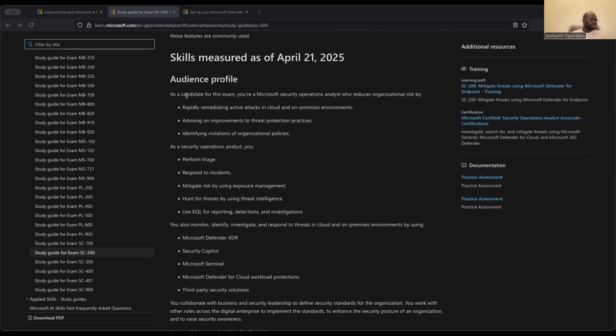For the skills that are measured, you see rapidly remediating active attacks in cloud and on-premises environments. When there is an active attack that has been picked up by Defender, how do you quickly remediate it before it impacts more people in the organization? When incidents happen, it is not just for you to solve it. One of the things you also need to do as part of incident handling is decide what mitigation or control you can put in place to ensure that such a thing does not happen again. So, advising on improvement to threat protection practices,